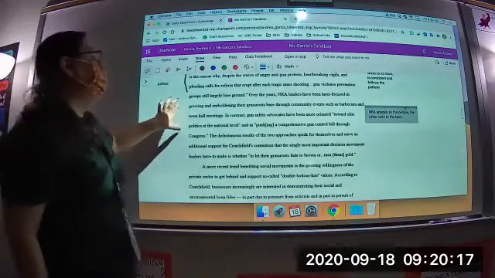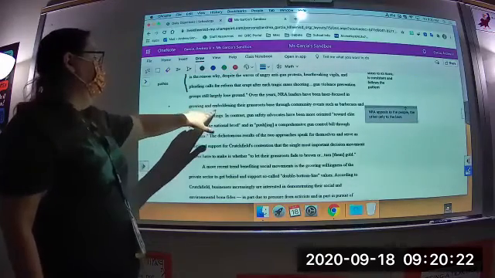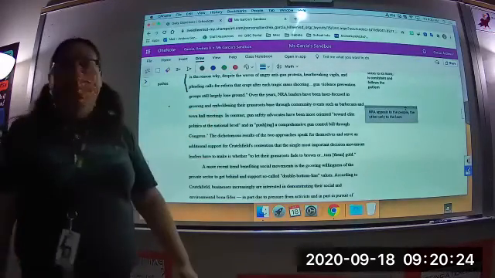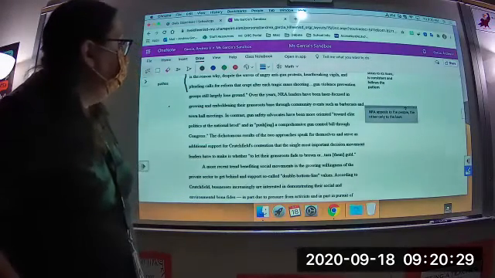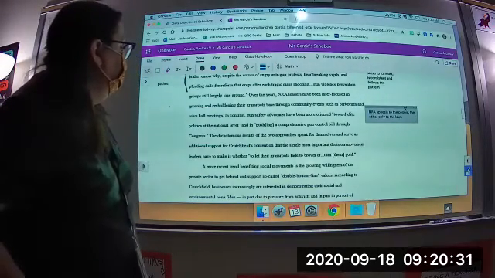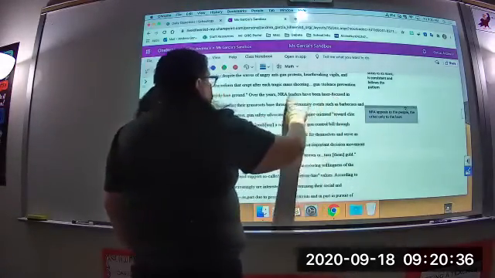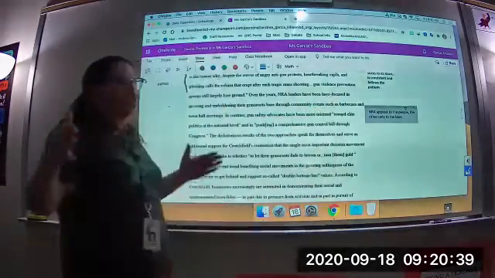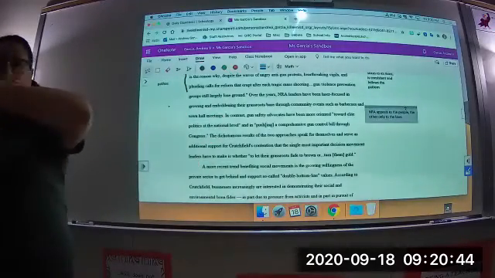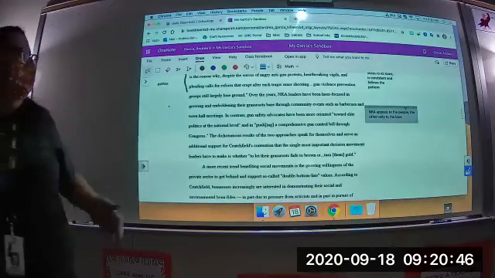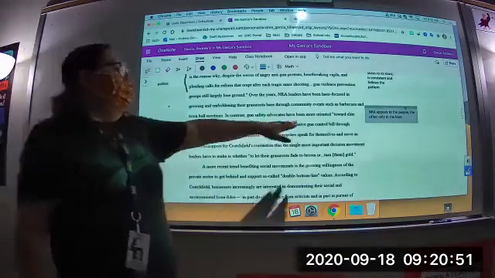Are there any words we did not know in this one? Emboldening. Does that just mean like emphasizing? Yeah, embolden means to emphasize, right? Yeah, but also look at some of the terms here too. Laser focus. So the NRA is trying to reinforce the idea that the NRA has one goal. That's all they want is what they want, right? Where they don't really say that over here. And when it talks about elite politics,